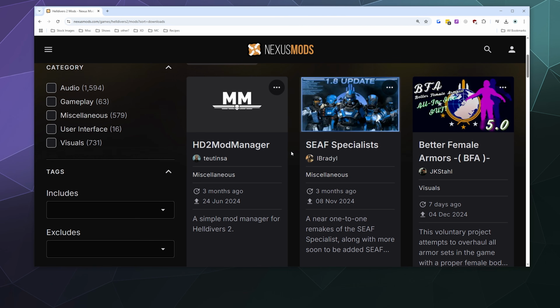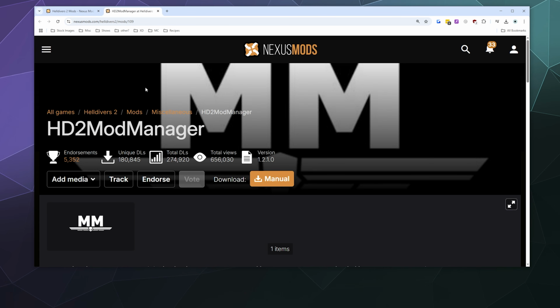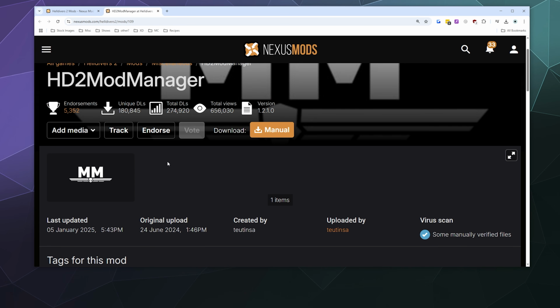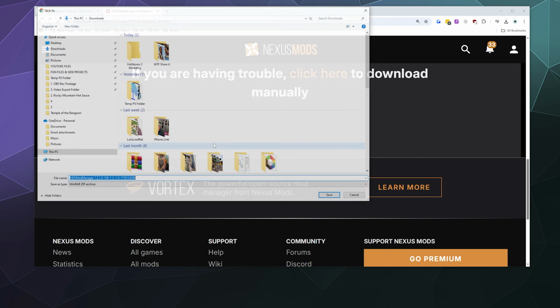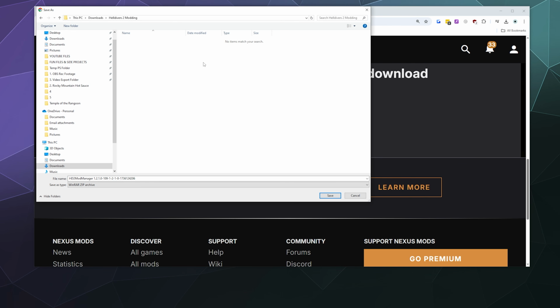I'm your host Larry, and today I'm going to show you how to quick install the Helldivers 2 mod manager. All you gotta do is head over to Nexus Mods, log in, and then look up HD2ModManager. The HD2ModManager is a self-contained mod manager, and you can install it anywhere on your computer. It really doesn't matter. Go over here, click the manual download button, and then click the slow download because that's the free version. I'm going to put it in my downloads folder, and I'm going to just save it as